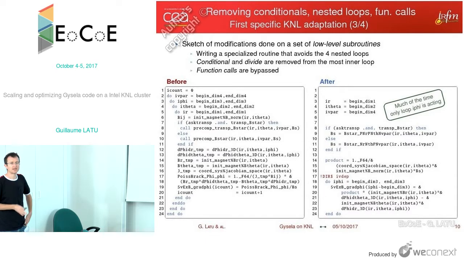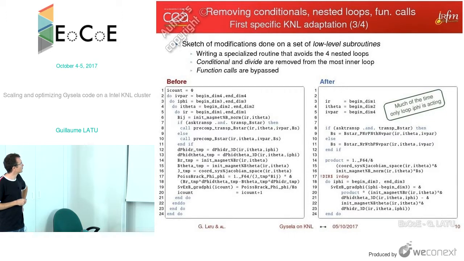Okay, so at many places we will have these things, but only along one direction. So we have specialized the code so that clearly only the loops that are acting appear in the code. This way, the compiler does not see these loops and is more efficient.